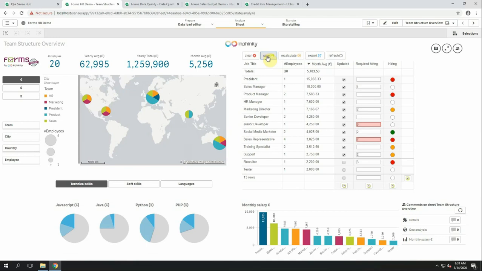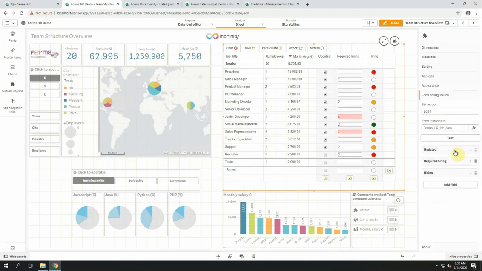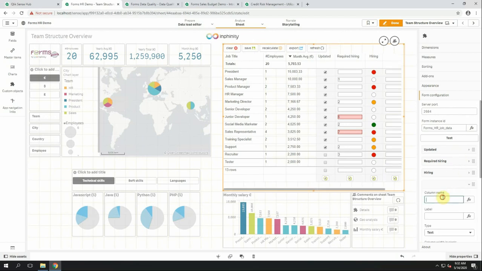We have developed Inphinity Forms to be natively integrated within your Qlik Sense environment. So when I want to add a new field, the only thing I need to do is to go to Edit mode and Properties panel. It's the same way how you modify your Qlik default object. I can click on a button at field, let's say at a node,